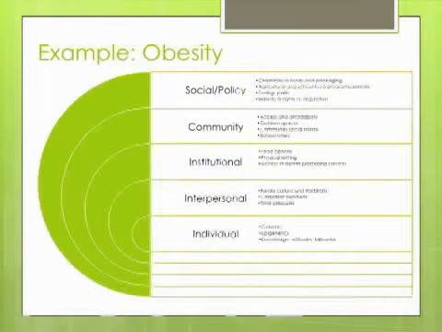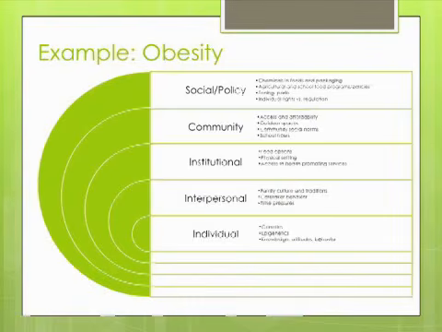So let's turn to an example of an ecological model for obesity. Now, obesity is often used in examples of applying an ecological framework, so you're probably familiar with some variation on this theme. I would argue that these models often are not fully elaborated, with just selected components highlighted. In designing interventions, of course you have to select targets, but understanding the big picture is a critical first step before narrowing your focus. The examples I filled in here aren't necessarily comprehensive either, but I've tried to include a